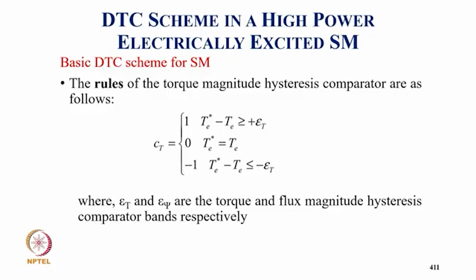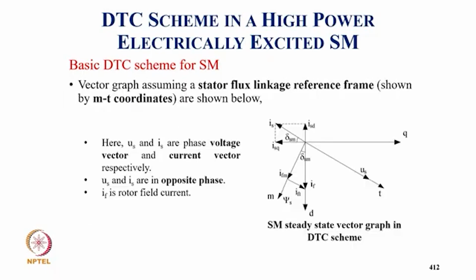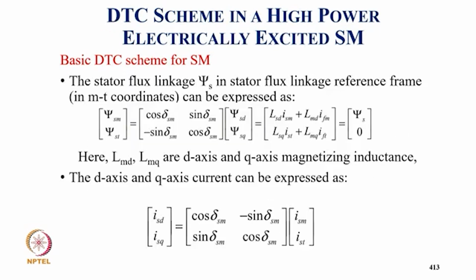And the rule for torque magnitude state control: CT equal to 1, 0, minus 1 when T minus TL is greater than eta, or equal, T equal to T star, and when T minus TL is less than minus eta. That is the error between them, and this is a vector graph assuming hysteresis flux linkage shown in MT coordinates. So now coming to basic DTC of the hysteresis flux vector in the hysteresis flux linkage reference frame,